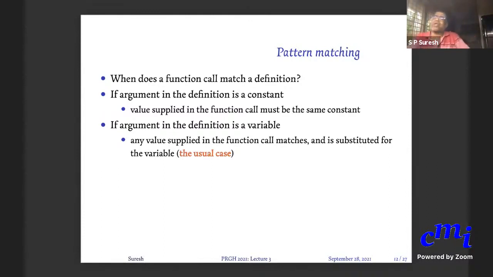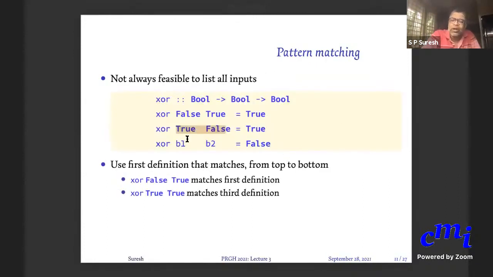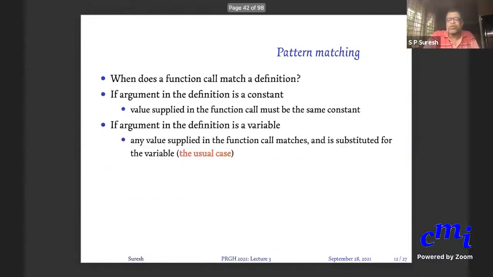Like we said usually, if you have a function definition which mentions some variables x, y, and if you make a function call with actual values v1, v2, then v1 will be substituted for x, v2 will be substituted for y, etc. But it so happens that in this definition for XOR, the right hand side neither uses b1 nor b2. So there is no substitution that happens, but usually substitution will also happen.